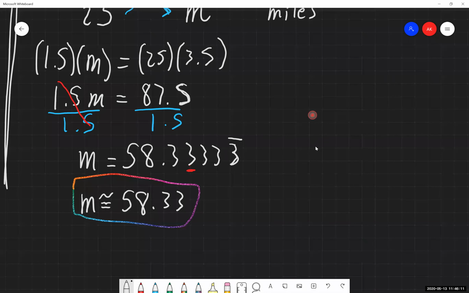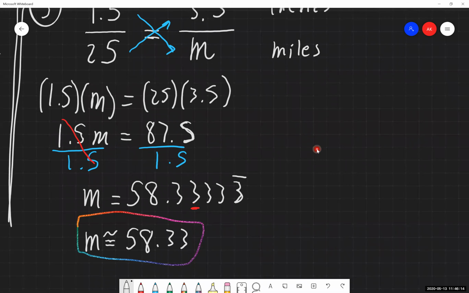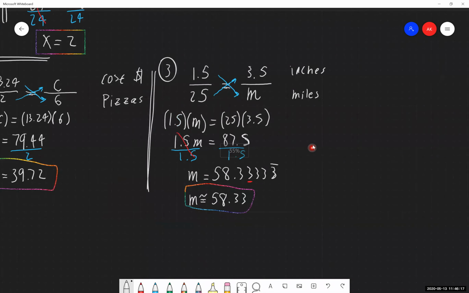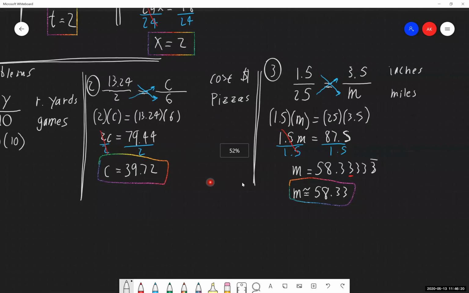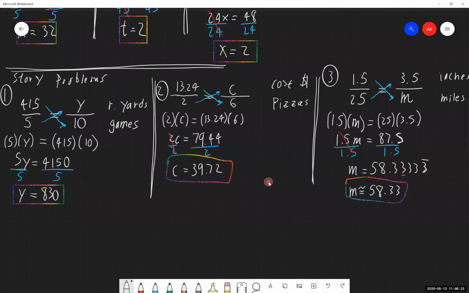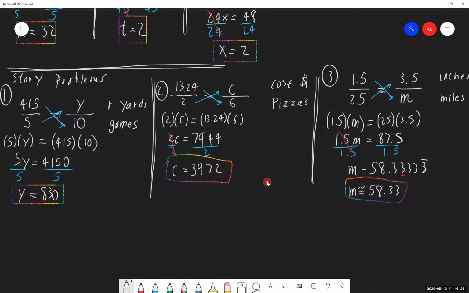And this is how we would go through and set up these story problems that we have been given. We'll zoom this out a little bit. So again, as we're looking through these 3 story problems, a little bit cut off on the right-hand side there, a lot of these have very similar initial setups. Fraction equals a fraction. Label which unit goes on the top, which one goes on the bottom. Again, it doesn't matter which one you put where, just as long as you label one of them and then stay consistent throughout the problem. And after we've done that, we're doing the exact same thing every single time that we're solving this out. Not a whole lot changes. It's very mechanical in that regard.